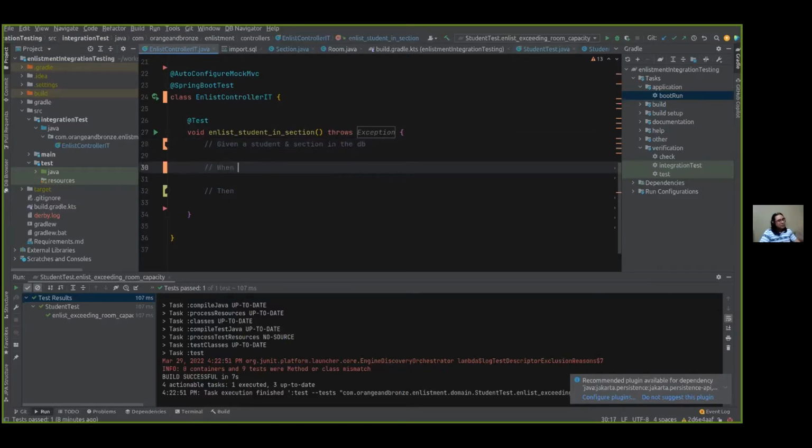Okay, so for enlistment, a student and a section have to exist in the database. Then there's a post method on the controller in our system, a path called enlist. So when the post method on path /enlist is invoked